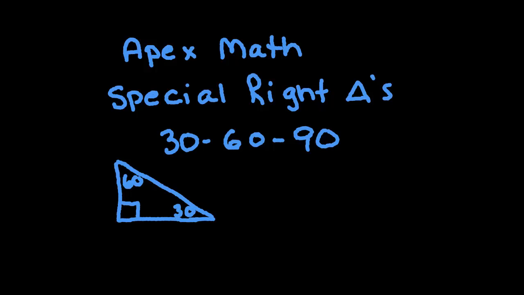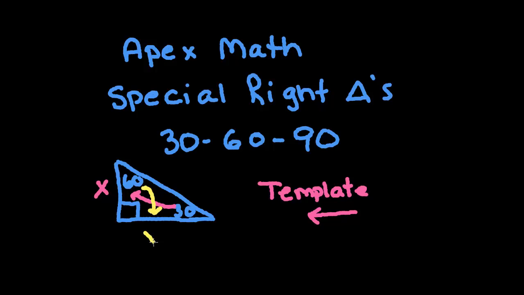Then we need to have a template for solving it. Once you have and memorize this template, it's pretty easy to do the math. So remember that the sides of the triangles match up with the size of the angles. So since 30 degrees is the smallest of the angles, it's going to have the smallest side opposite it. So opposite that 30 degrees is going to be our first side that we're going to call X. Opposite the 60 degrees is the next biggest angle, and the side opposite it is going to be